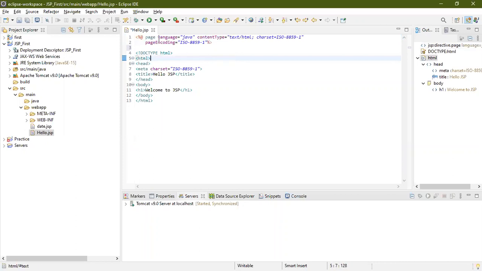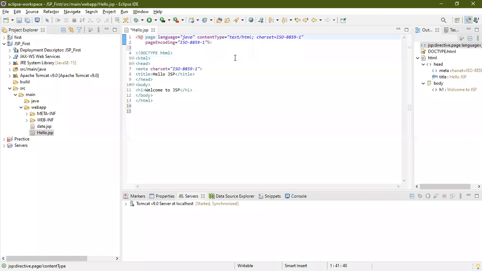So what you need to specify here is the scriptlet that you are writing. You write the less than symbol, then the percentage symbol, and then you write your JSP content. What you write here is page, and you have to specify what programming language you are using. In this case, I'm using Java as my programming language, so language is Java.